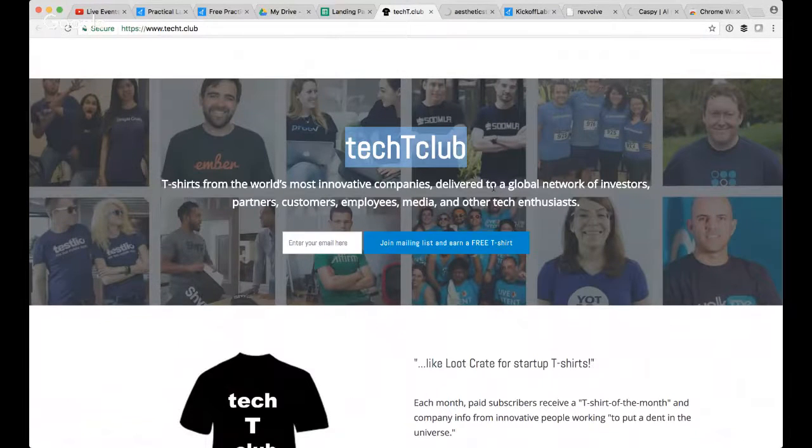T-shirts in the world's most innovative companies delivered to a global network of investors, partners, customers, employees. Wow, that is a lot. How about just T-shirts from the world's most innovative companies? Because it seems like you listed so many people here. It seems like it's for everybody. And if that's the case, just say T-shirts from the world's most innovative companies, and say, let's see what happens